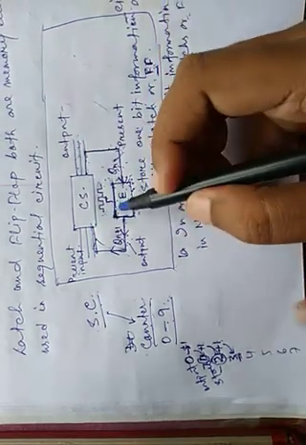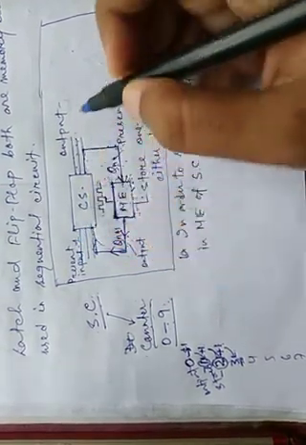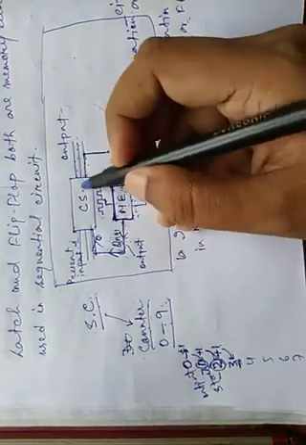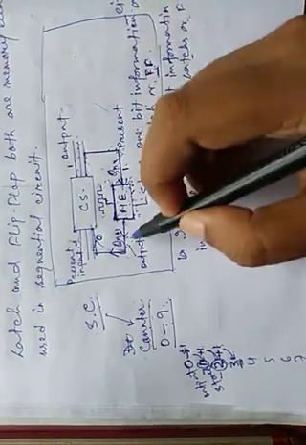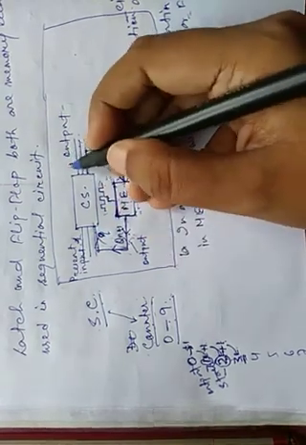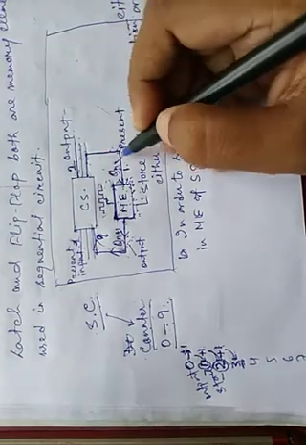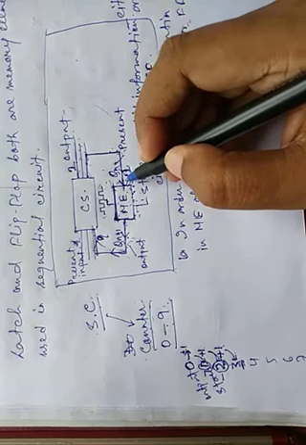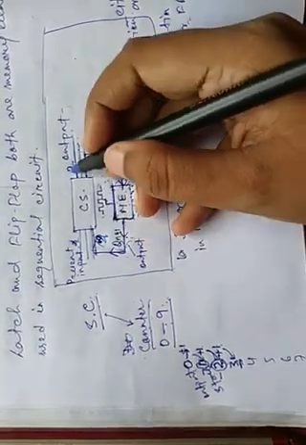Here we give input 1 and its output is 1. First it is 0, so 0 plus 1 is 1. This output 1 is stored here. Again the input is always 1, so 1 plus 1 gives output 2. This output 2 is stored here in the memory element, so this 2 goes as feedback to its input. So 2 plus 1, again it is 3.